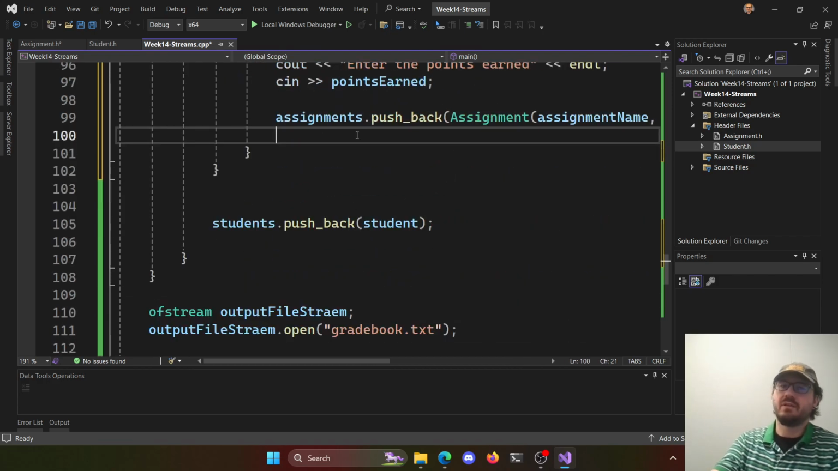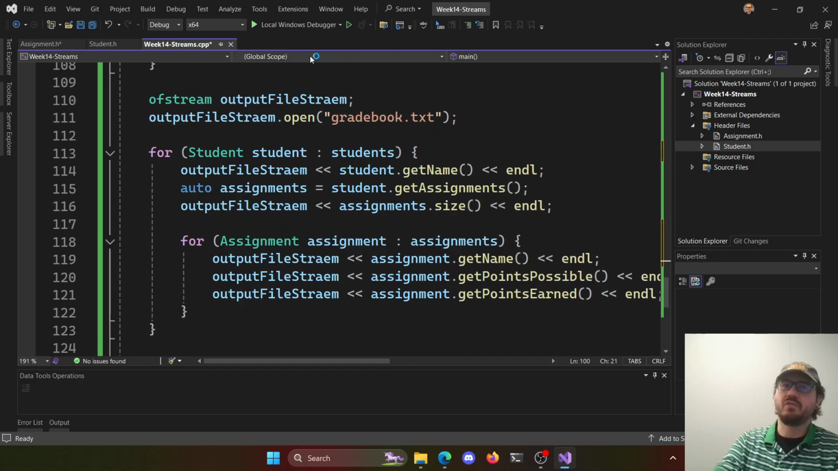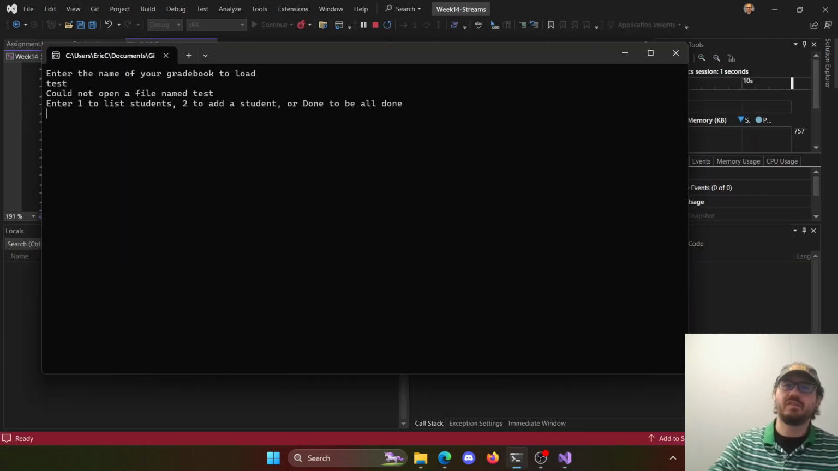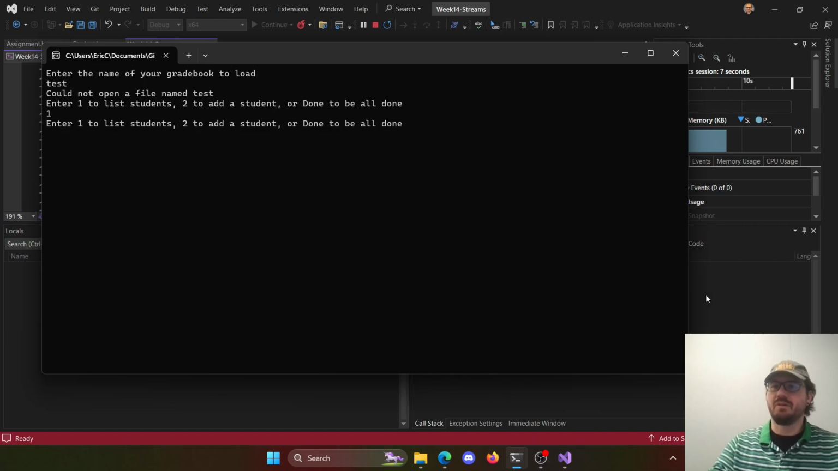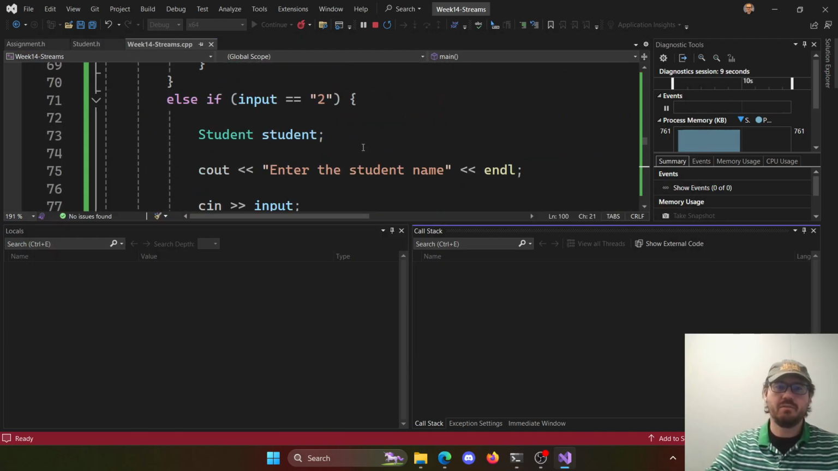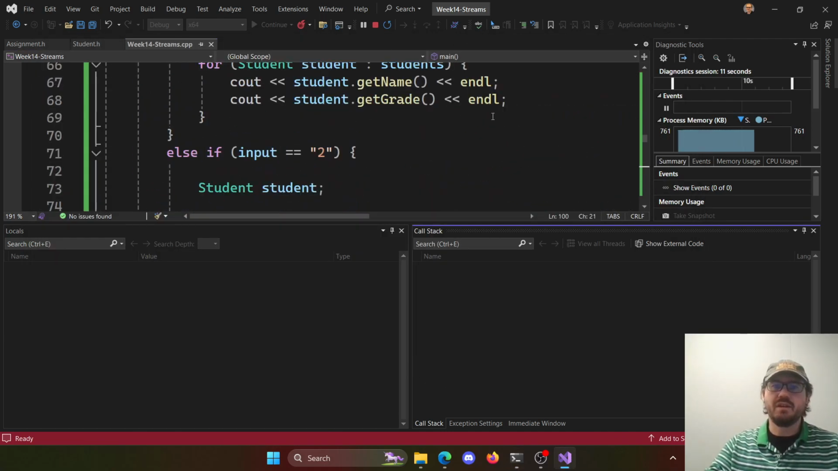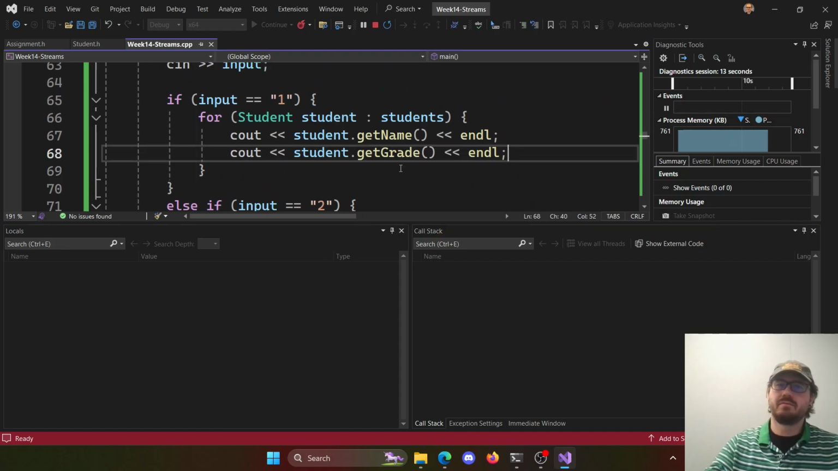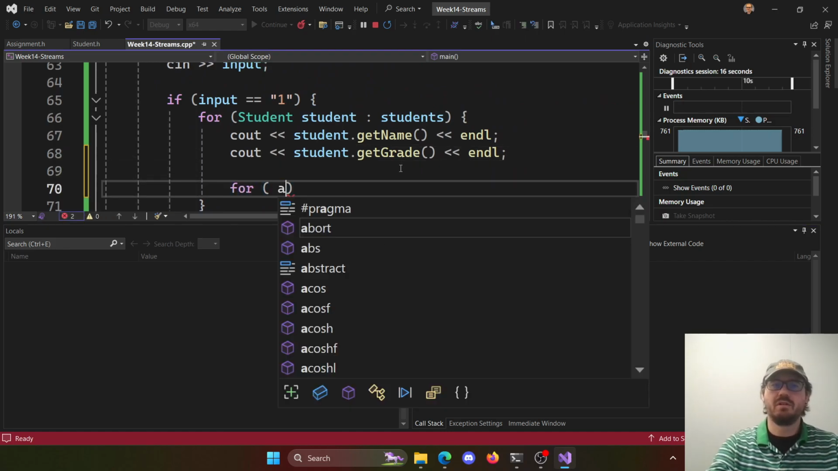So this should now let me do that for all the students added as gradebook. So I'm going to start and not load gradebook because it'll crash on me here. So if I just say test, couldn't open the file name test, that's fine. So we want to list the students. There's no students to list. We got to change our list here too, don't we? I guess we can leave it as is with their get grade, but maybe then for